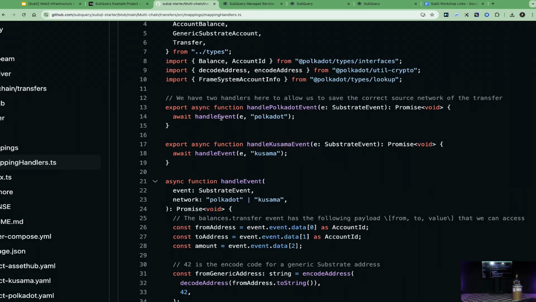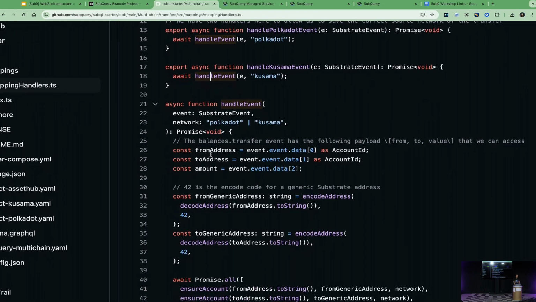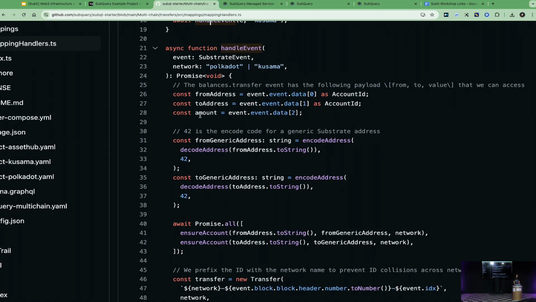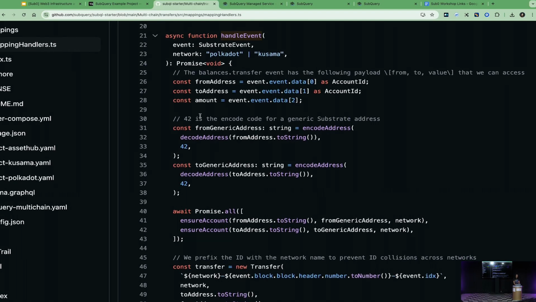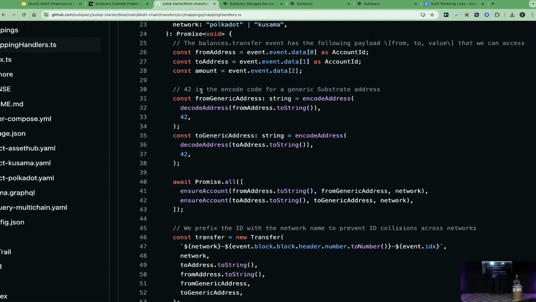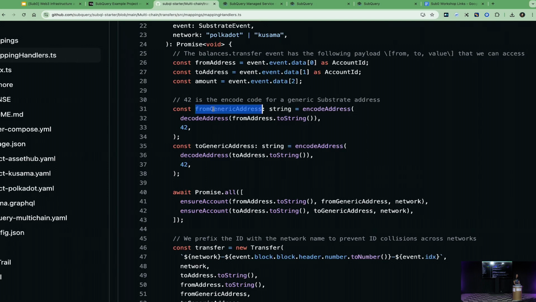As you can see, both of them will use the handle event function, and we will pass the information which network it was in here. Then what happens is that to get the generic substrate ID, we will perform some actions using the data coming from the chain and other functions within this file. So for instance, to create the from generic address, we would need to use the decode address function,